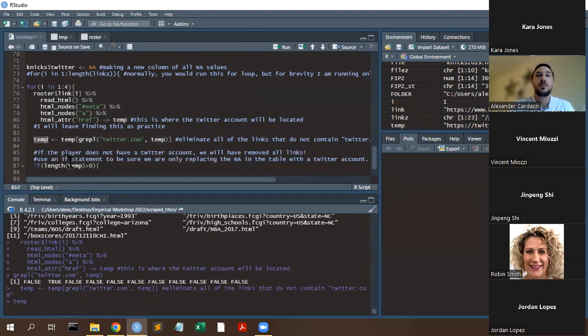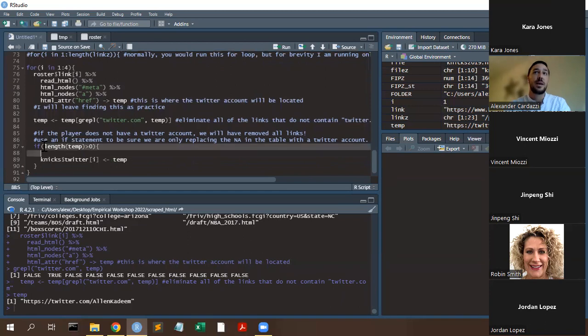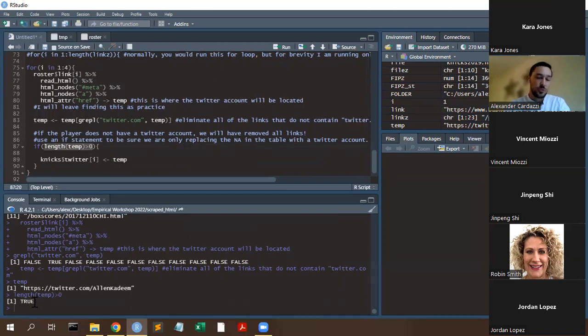When I do this, I have temp. Now, if a player doesn't have a Twitter account, this will just kind of delete everything, right? It won't actually have a hyperlink. It'll just kind of say nothing. So we have to make sure that temp is not empty, right? We have to make sure that there's something in that variable. So what I'm doing here is I'm saying if the length of temp is greater than 0, which is true in this case, then we can assign Nick's Twitter the ith one, which is the first one here. We can assign that to temp. So if we run this,